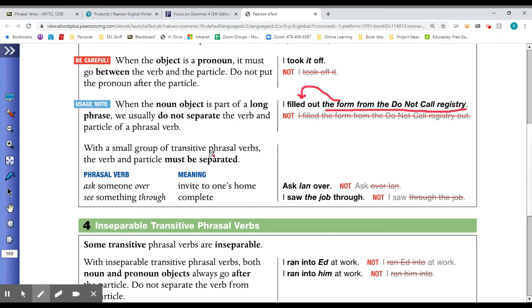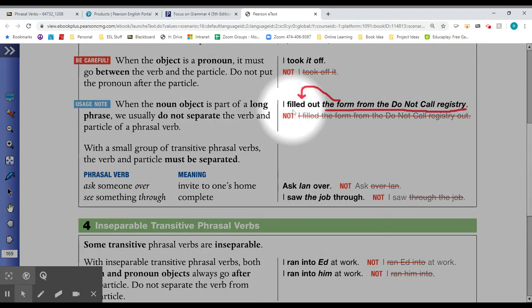In this case, I do not want to separate the phrasal verb. I want to keep the verb and the particle together and say, I filled out the form from the do not call registry. If I say, I filled the form from the do not call registry out, it is hard to understand that.